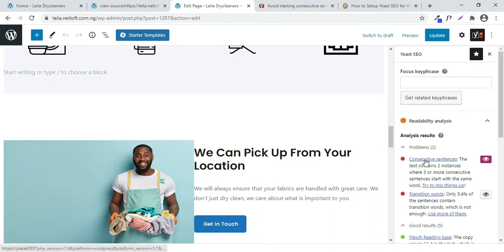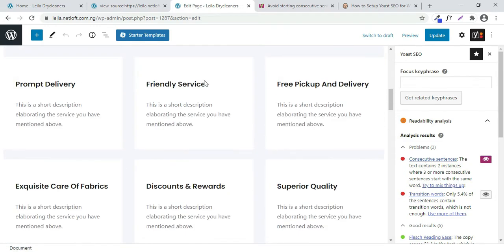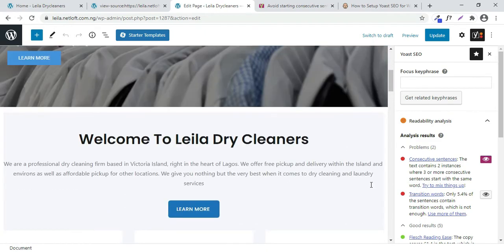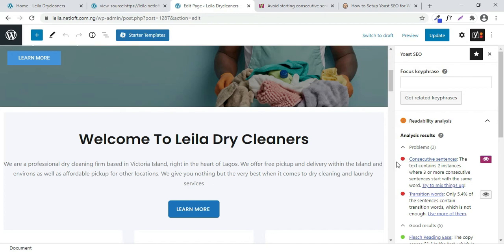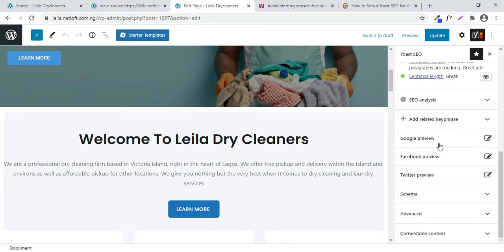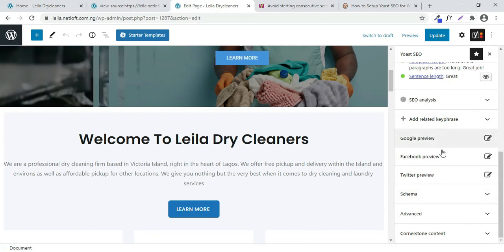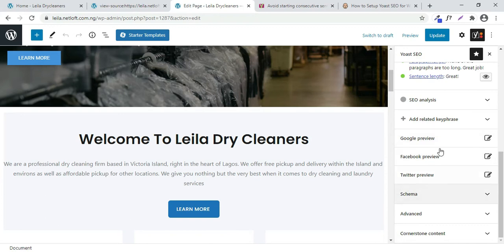So now you need to go through each and every one of these pointers and make sure that you make changes within your text in order to correct what has been listed out here, and make sure that the icon is now turned to green. So that's what you need to do for each of the sections of the Yoast plugin that are outlined here.